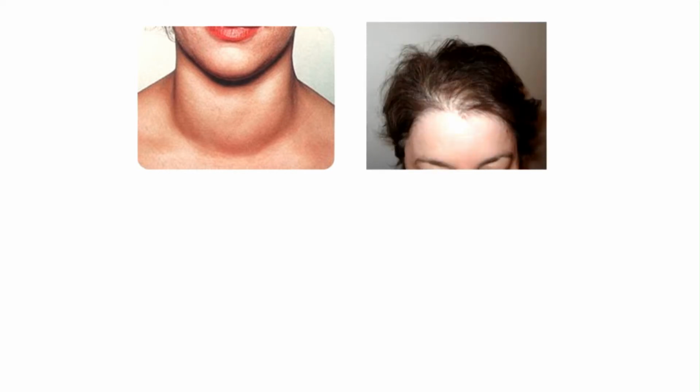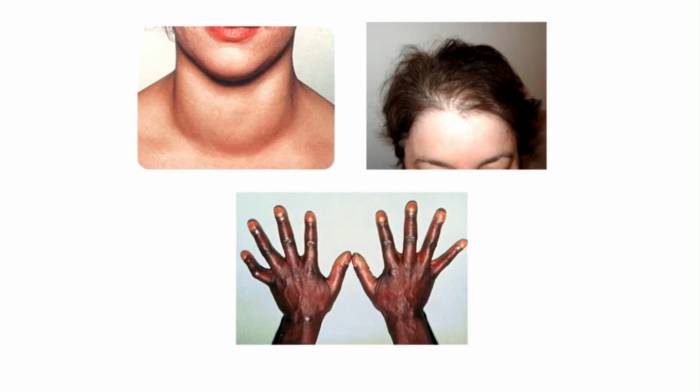So goiter is also one of the clinical manifestations of hyperthyroidism. Also, the patient may complain of fine hair, and there are finger tremors during stretching. Confusion, nervousness, lid lag, and also the most pathognomonic feature of Graves' disease is exophthalmos, because of the fat deposition or deposited tissue behind the